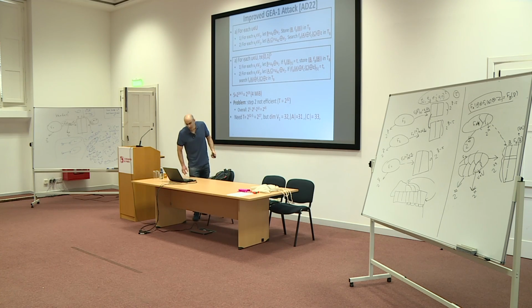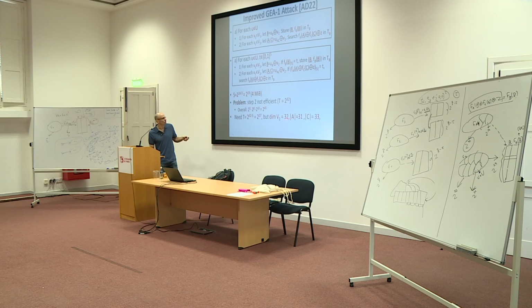Okay, so basically what we need is for this second step to run in time, we need to exploit this additional condition to make the complexity of the second step drop to 2^27 in order for this to add up. But actually it's not clear how to do this, to be honest. From the description up to now, it's not clear how to satisfy this condition in only time 2^27, because the dimension of V2 that we need to iterate over